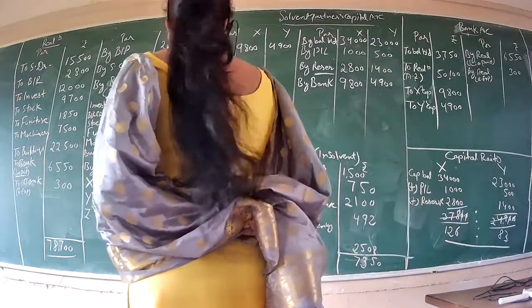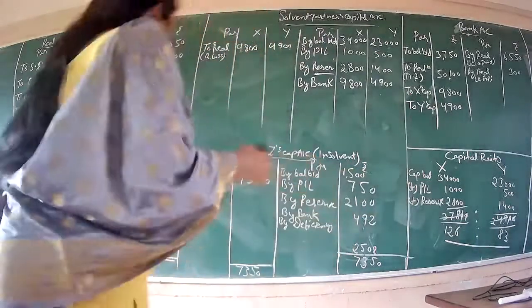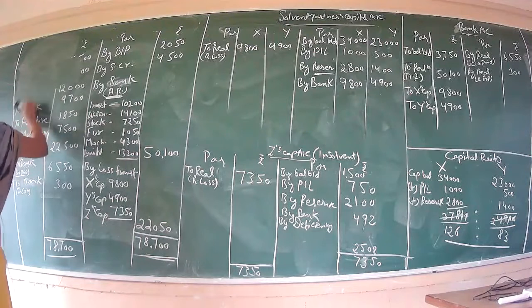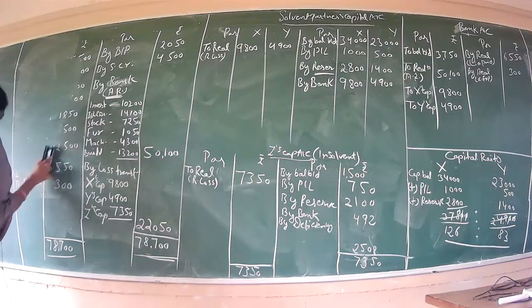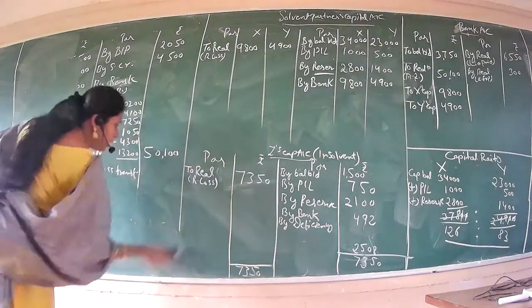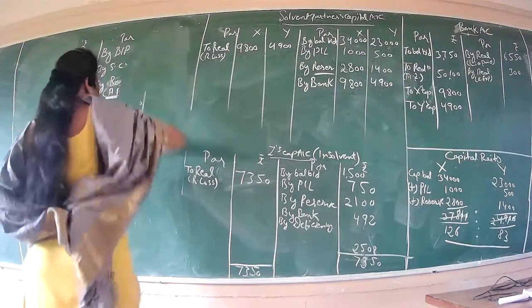Now, as you are able to see, I have a shortage of space. So the realization account is anyhow closed. And from the realization account, we have transferred our loss also to the respective partners' capital accounts. So I am cleaning this realization account. Okay, so just give me a moment.